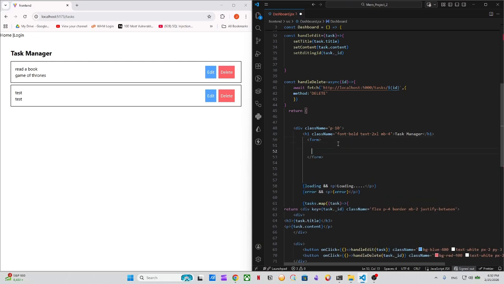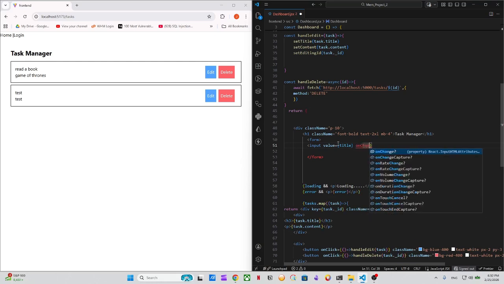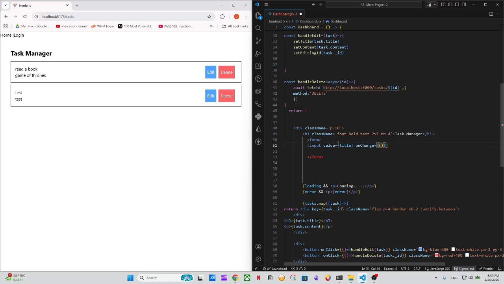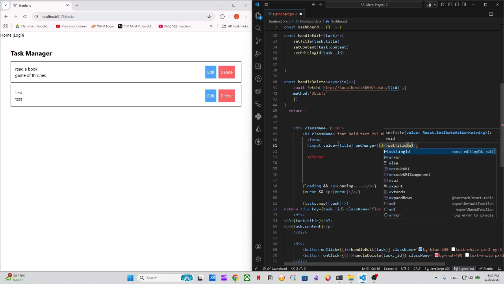and close it. Add input here, input value, it's going to be title, and on change, I'm going to do this. Set title e.target